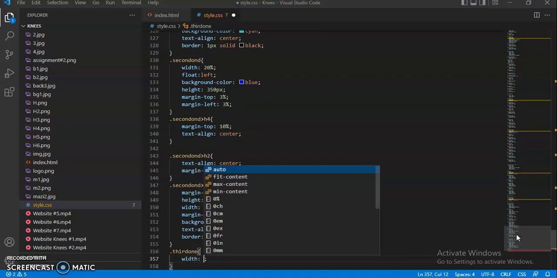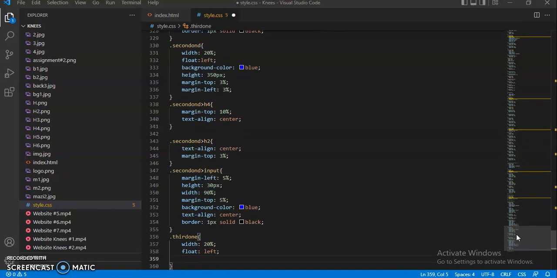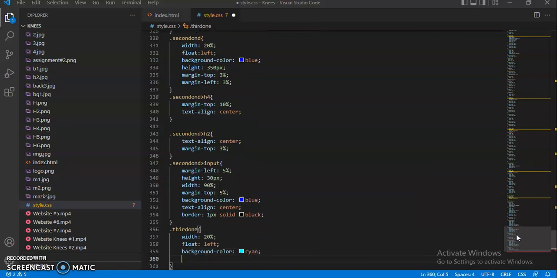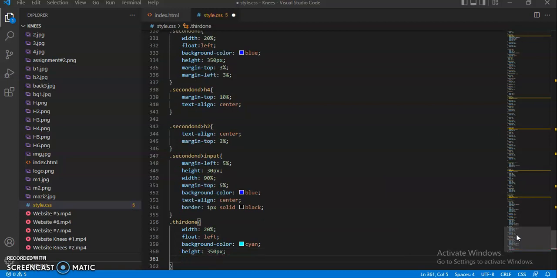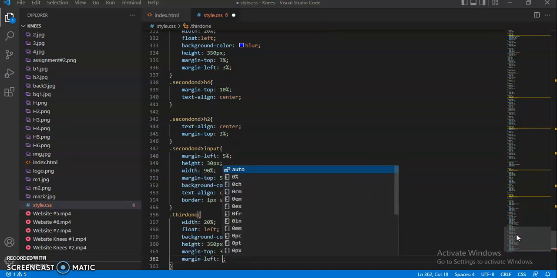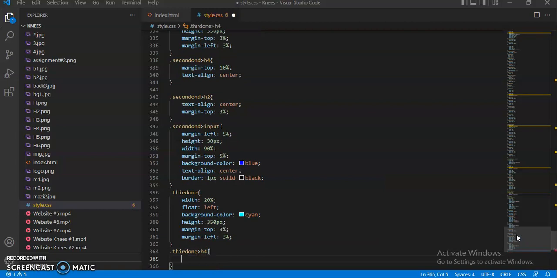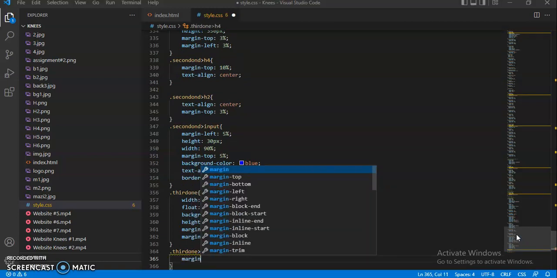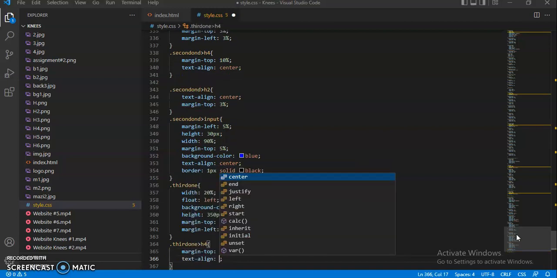Okay, and for the third one we have width 20%, float left, background color cyan, and height 350 pixels, same height. Margin top 3%, margin left 3%, and now heading 4, margin top 10%, text align center,